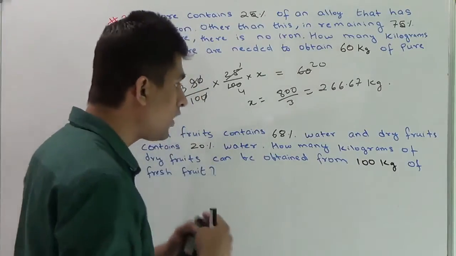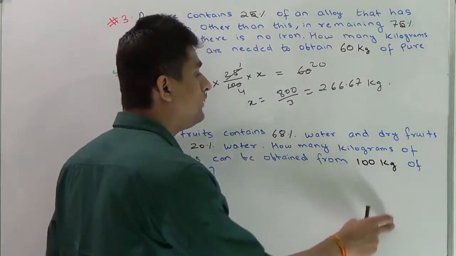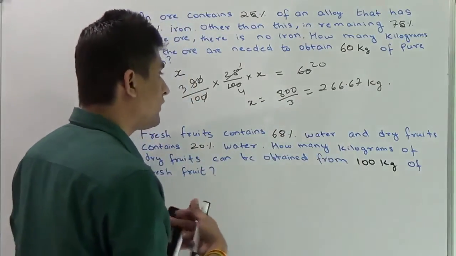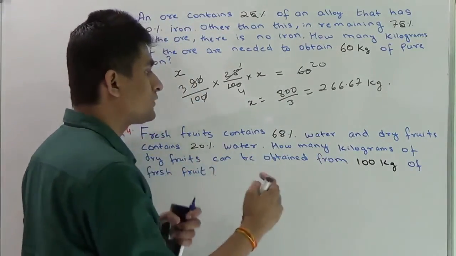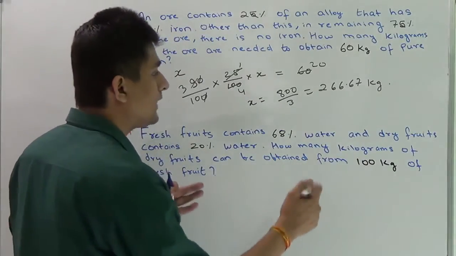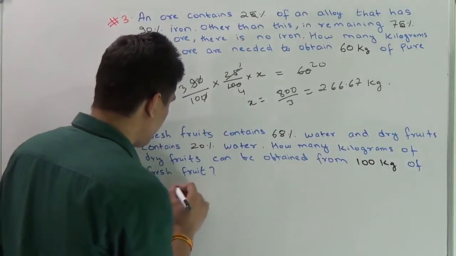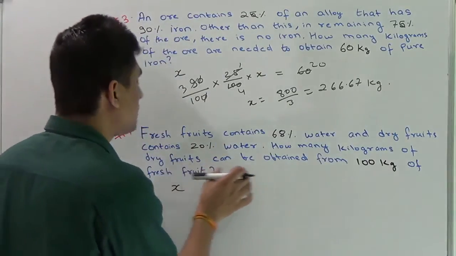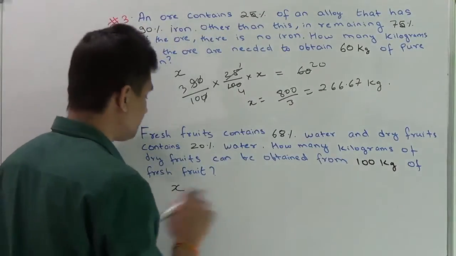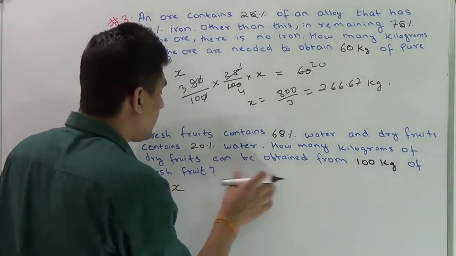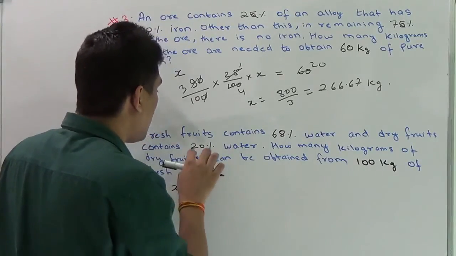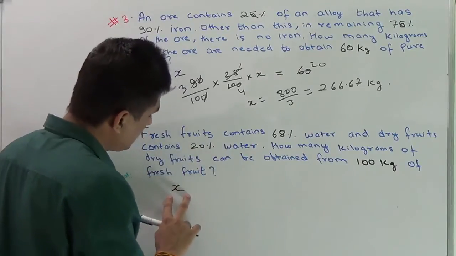Then how do we proceed? First of all, we'll assume the desired quantity, the quantity of dry fruit which we can obtain from 100 kg of fresh fruit. Let us assume that to be x. So the quantity of dry fruit which can be obtained from 100 kg of fresh fruit is x. Now we know that this is the quantity of dry fruit which we have obtained. And now if I remove water from this,